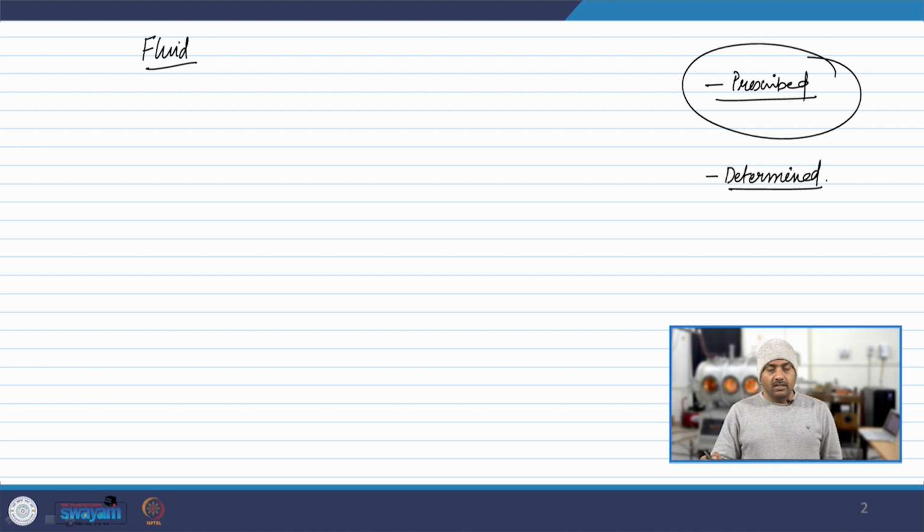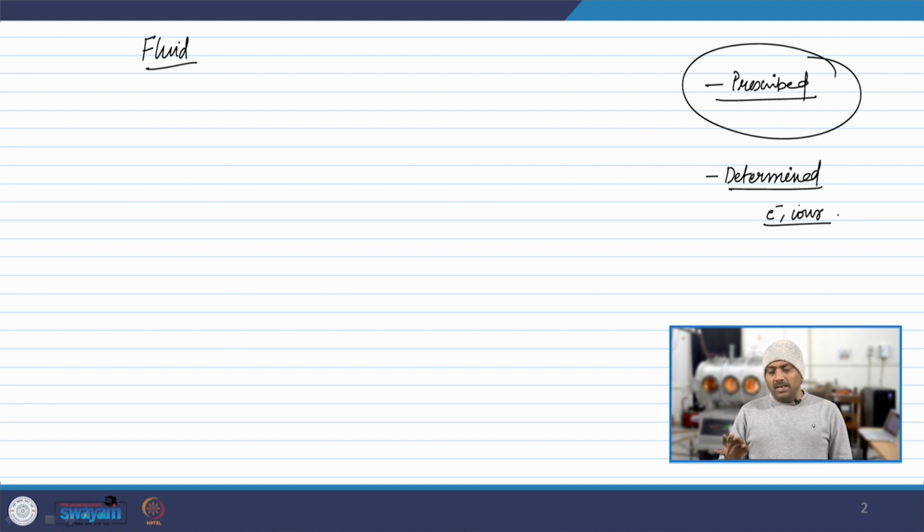They are determined in the sense that plasma is a collection of electrons and ions, right. So, when these particles move or gyrate, they will generate currents and they will generate electric field or magnetic field. Now, these fields that are generated by the movement of plasma will at the same time also guide the movement of plasma. So, the plasma has to move in such a way that the electric and magnetic fields created should be consistent or should allow the plasma to move as it was moving. Okay. So, try to understand this very carefully.